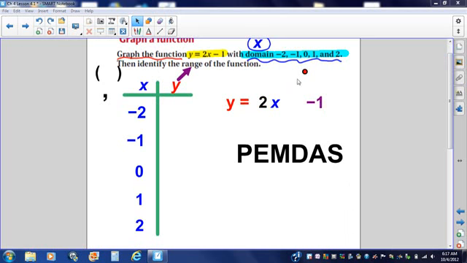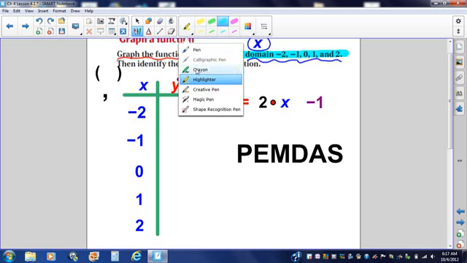Alrighty, the next thing I see is that the coefficient 2 is touching the variable x. Whenever a number is touching a letter, that means, good job boys and girls, that means multiplication. So I'm going to put a dot in between these. The next thing I'm going to do is substitute. I am going to plug and chug,